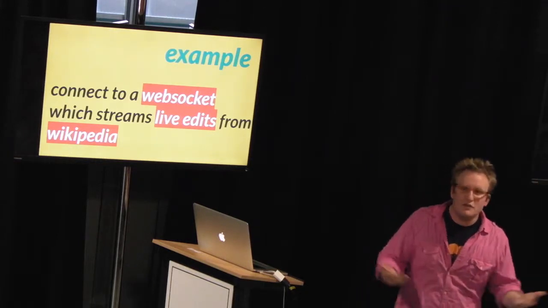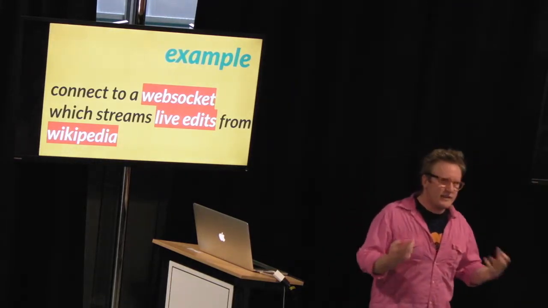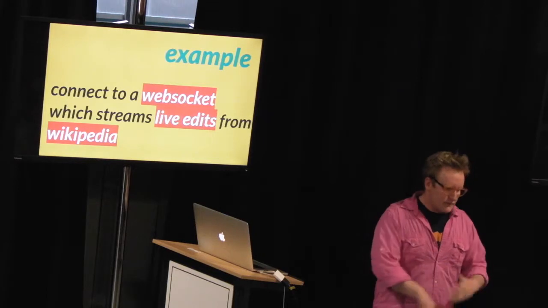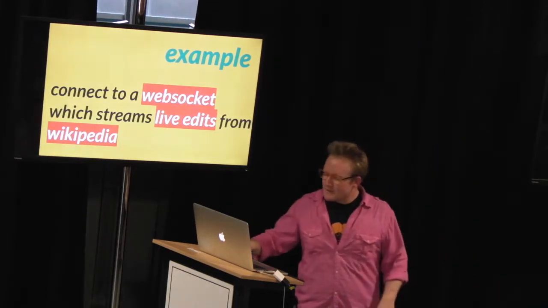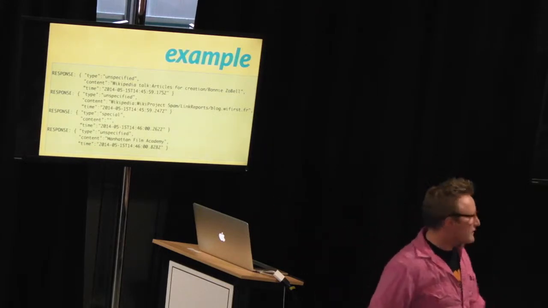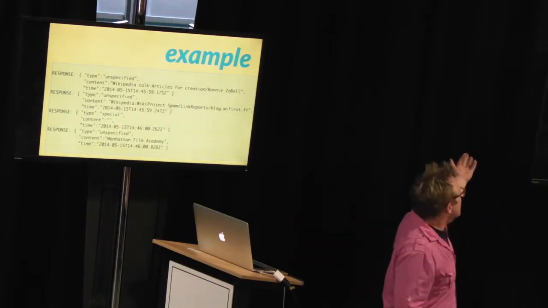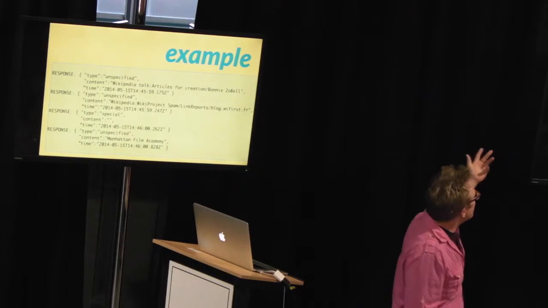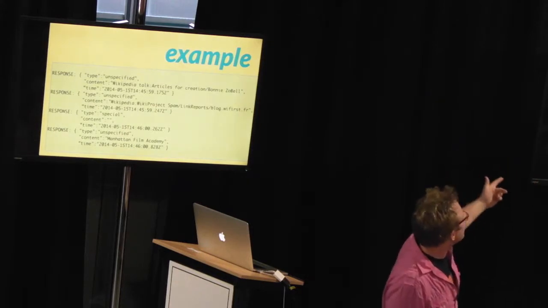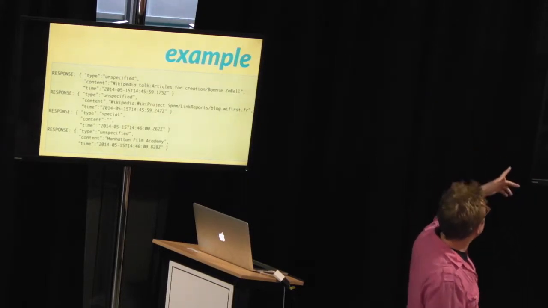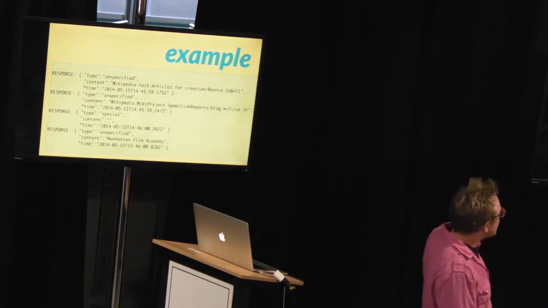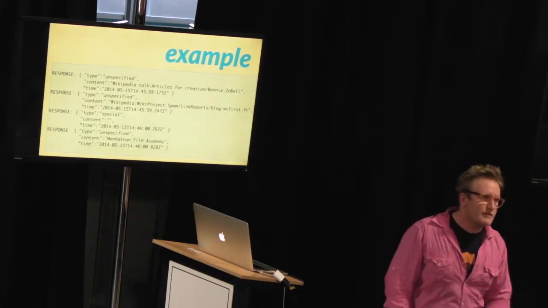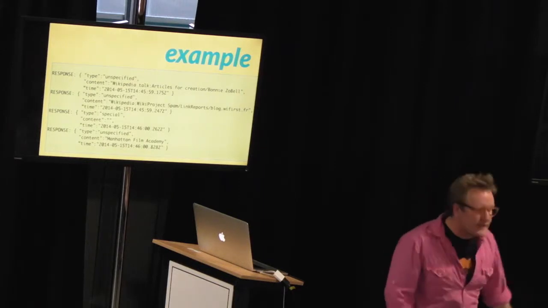So I've got this. I want to do something with it because to me a WebSocket is perfect. That is a signal. The socket is a signal, and the events are there's a new update. This is the kind of stuff that you get out of that. It's just JSON. We've got 3 kinds of fields in there. We've got a type, which I've labelled unspecified, which means edit. There are the special things, then there are also new user events and all that kind of stuff. There's also a content field, which is usually the title of the page, and then the timestamp of when it